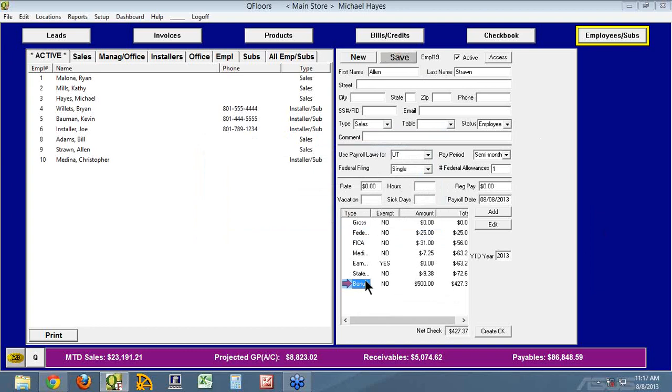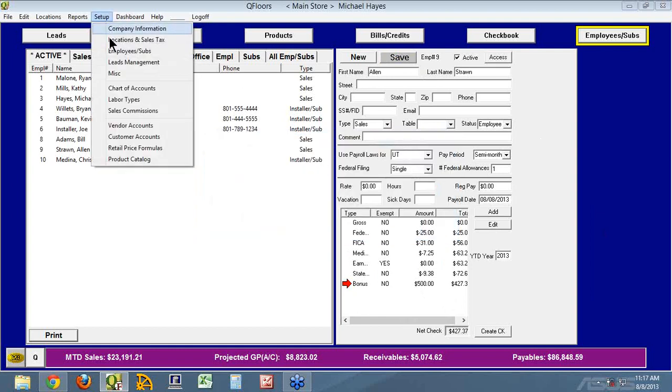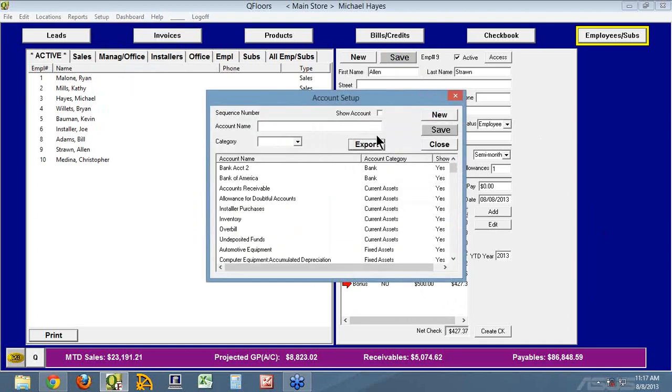item. Let's come back and talk about that annual maximum. I'm going to double click bonus, or you can click it once and click edit, either way. Double click annual maximum. Some of you will need to set up something, say with an installer, you're holding out a retainer. Let's go to an installer and set one up. Let's do chart of accounts, and we'll do